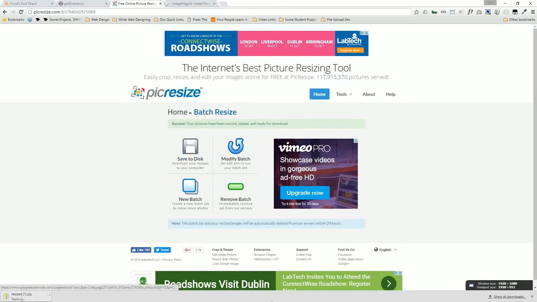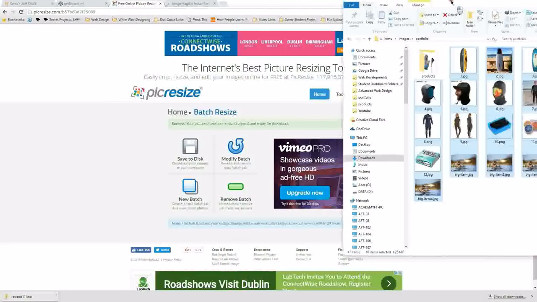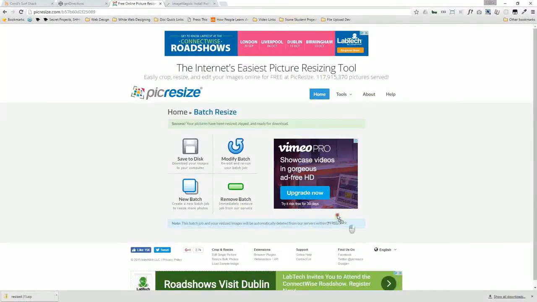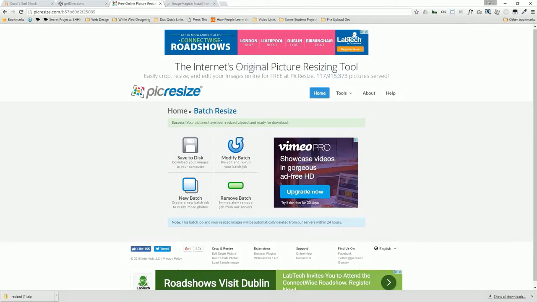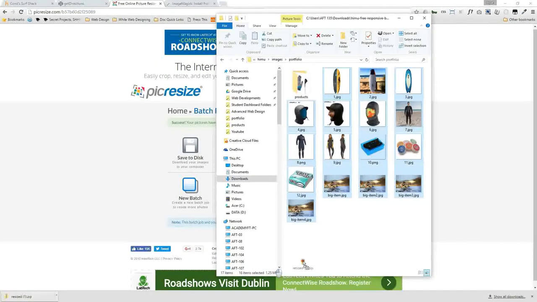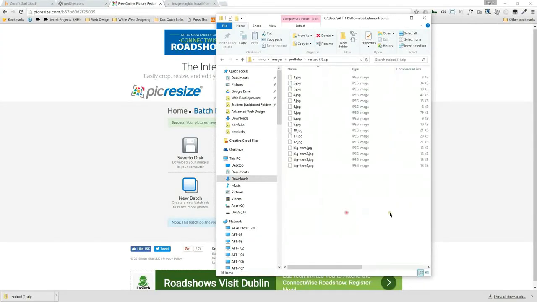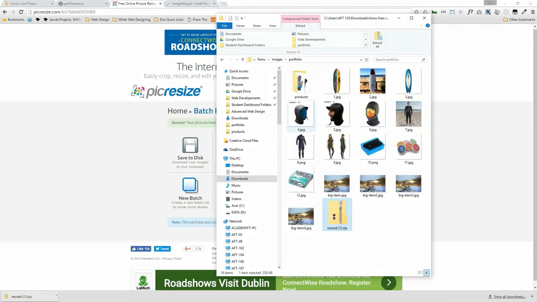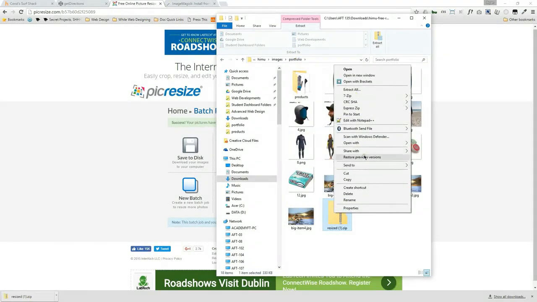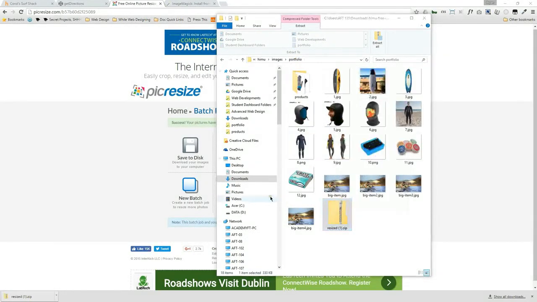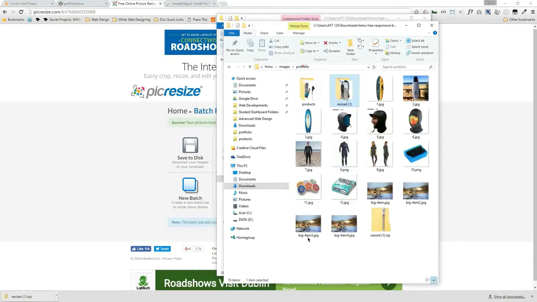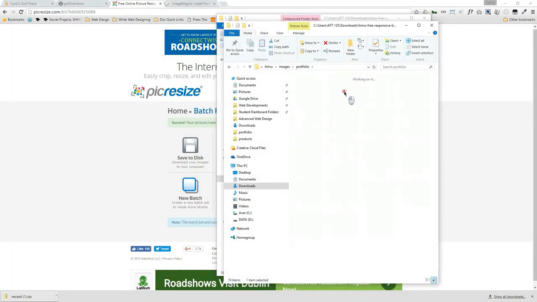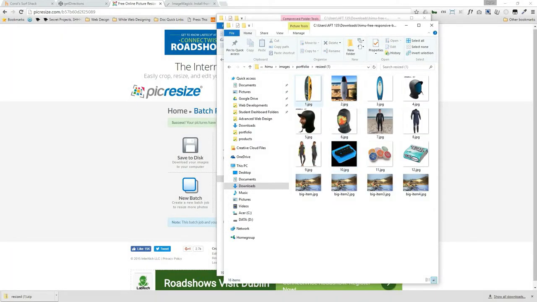So once I've done that, once I've truncated all those files, I'll just save them to my computer. And what I'll do then is throw those in here. Extract all. So that's what you would do. I'm not going to start adding in all the links as well, but that's what you would do, and you'd have a resized folder with all the small images, and they're the ones that you place in the